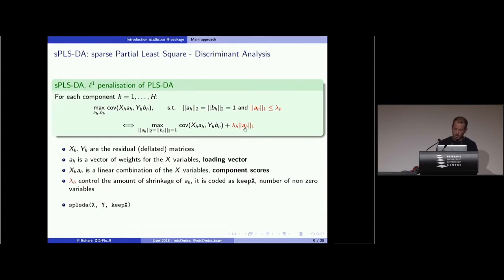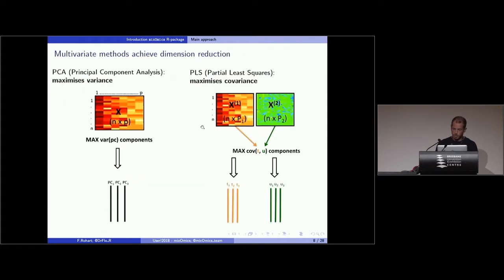What is interesting in that formula is that when you create your components, the T from before, you have the weights, what are called the loading vectors, A and B, which are the weights that you assign to each variable. And your XA is called the component score, so that was the T from before, that T here.